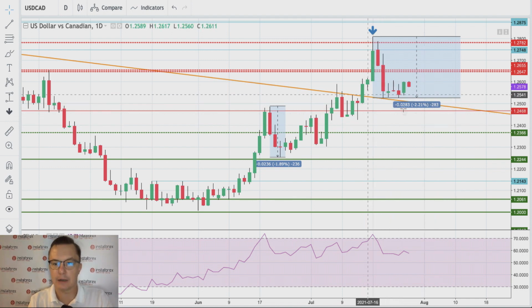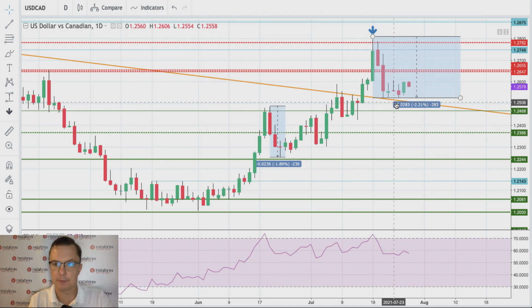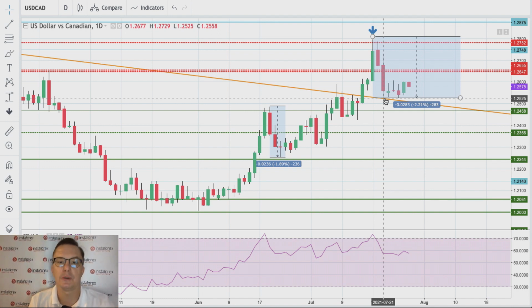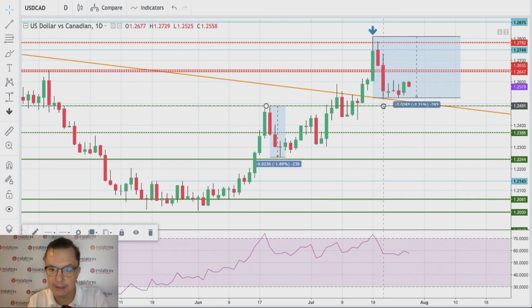Of course, right now the orange line is preventing the bears from being more aggressive. But as soon as this level here, the recent support 1.2528, the lows of 21st of July, 1.2525, let's stick with that, 1.2525. As long as this holds, there is still a chance for a slight bounce. But if 1.2525 is violated, then we can go as low as, let's say, this level, 1.2490,